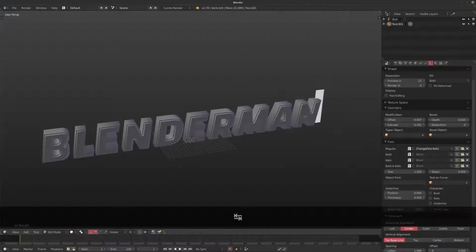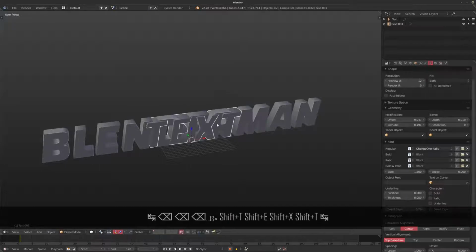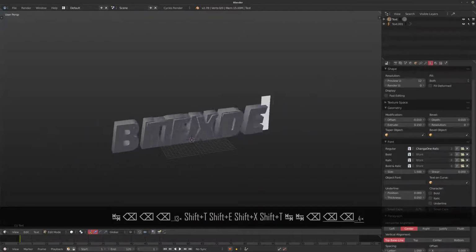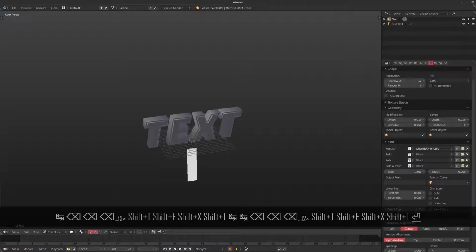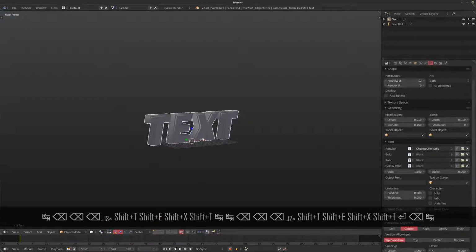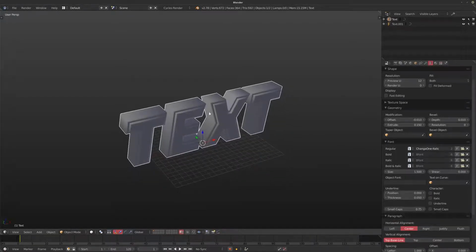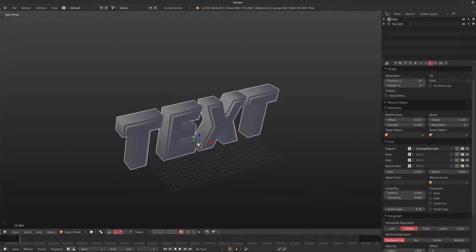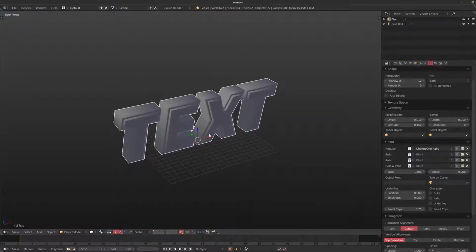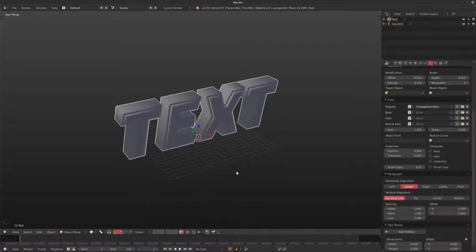Now, if you ever want to go back in and change this text, all you need to do is hit tab, change the text. So I'm going to change it back to text, for example. Do the same on the other text. And as long as they stay in the same place, and they stay aligned, you get this nice double bevel and you can iterate really quickly. So this allows you to make a template for your titles and just throw out a bunch of titles that you need.